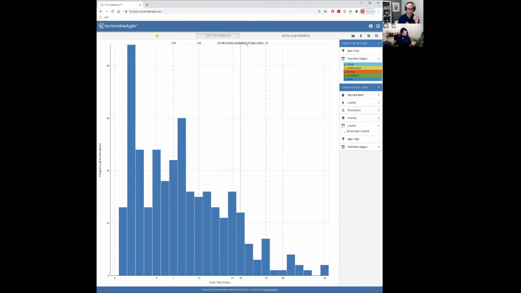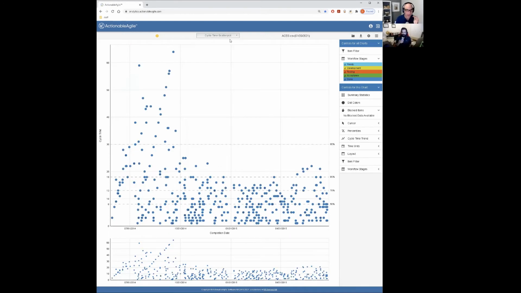Yeah. And just so we're clear, because I hope we have been clear, the cycle time scatter plot is by far and away superior to the histogram in terms of doing the analysis, probably most of the analysis that you will ever need to do, and doesn't suffer from any of the problems of the histogram. So chances are, if all you do is look at your data in a scatter plot, you will never, ever have to look at a histogram. There will almost be no reason to. I never say never, right? But pretty much all the information that you can get off a histogram, you can get off a scatter plot